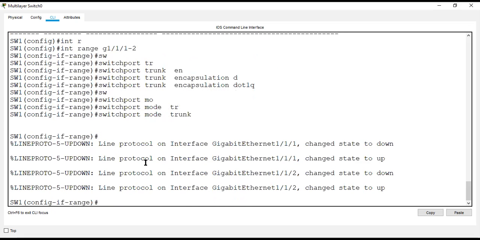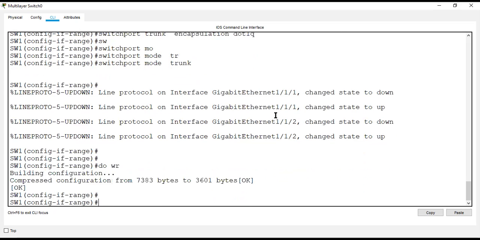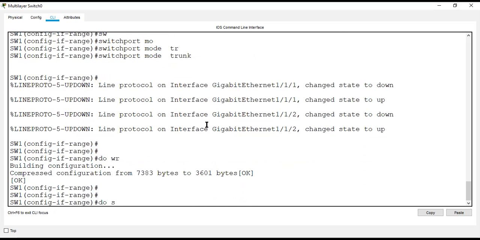In some switches, it doesn't require these commands because they will automatically select the .1q protocol if the switch supports only one. But in this model, we have a choice. It supports either .1q or ISL, Cisco proprietary, so we need to mention explicitly what protocol to use. Do write.